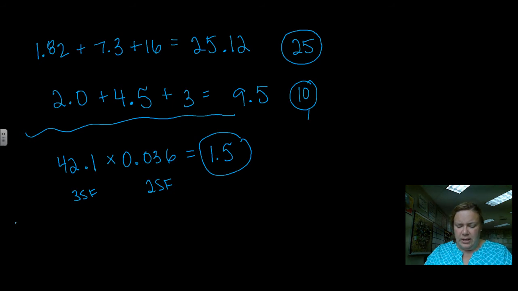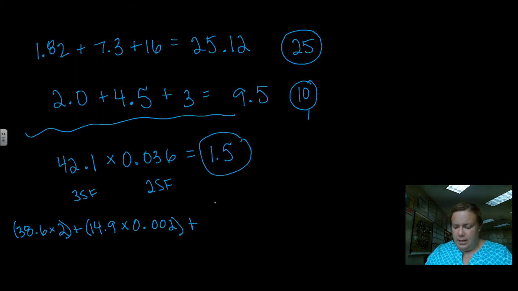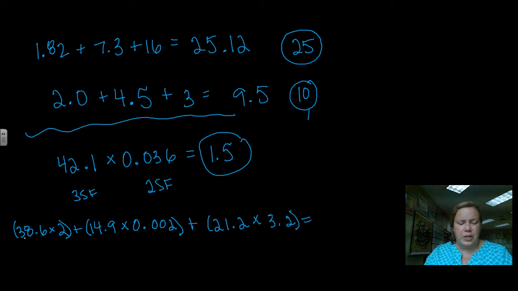What if I have something bigger, like we did in class a couple times, 38.6 times 2, let's say it's 14.9, and we'll multiply that by 0.002. And let's add that to 21.2 times 3.2. So we kind of have to take this in chunks. So this first one, we have 3 sig figs here and 1 sig fig here. So if we take 38.6 times 2, we are going to get